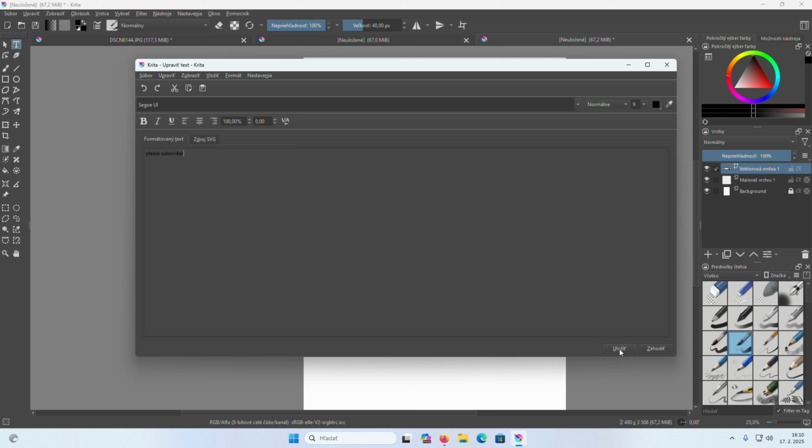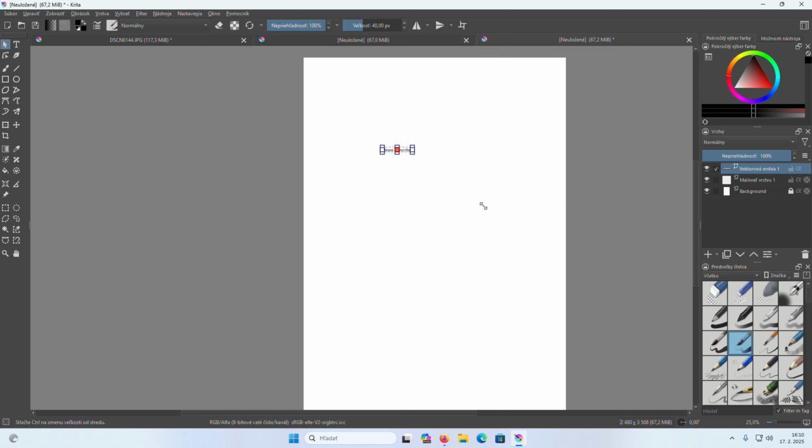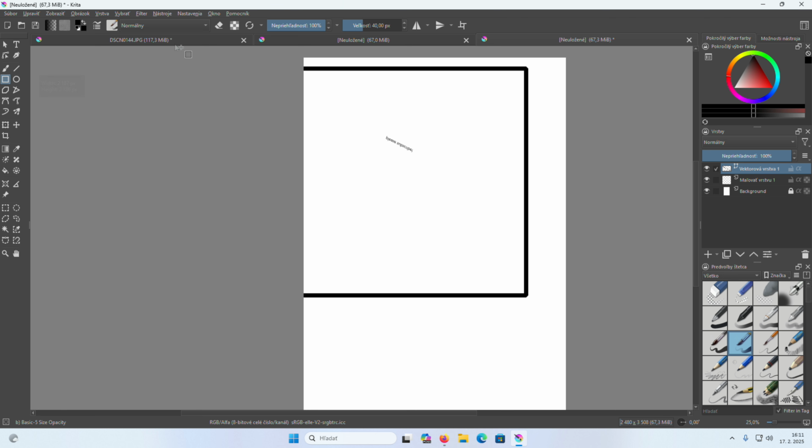I have so slow PC, but you can scale it. Okay. Here's the rectangle tool or square tool. As you see, the square. Okay, here's the tool for making